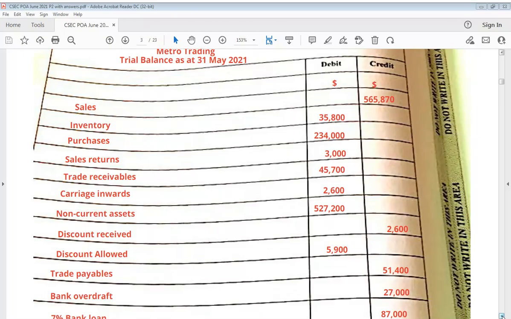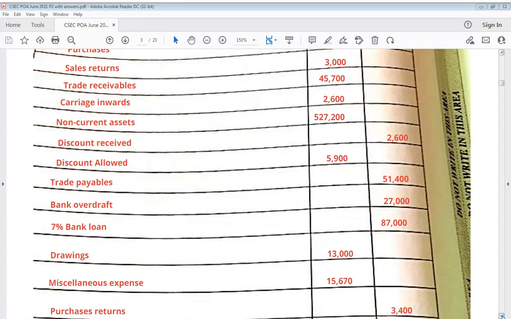Trade receivables is a debit entry, right? And the carriage inwards, a debit entry. Non-current assets, that's another debit entry. Discount received would be the discount that he got, which we just worked out when we deducted the $5,900 discount allowed from 8,500. We got 2,600 that represents discount received. Now the discount allowed figure is the 5,900 that was mentioned, and the trade payables would be credited,